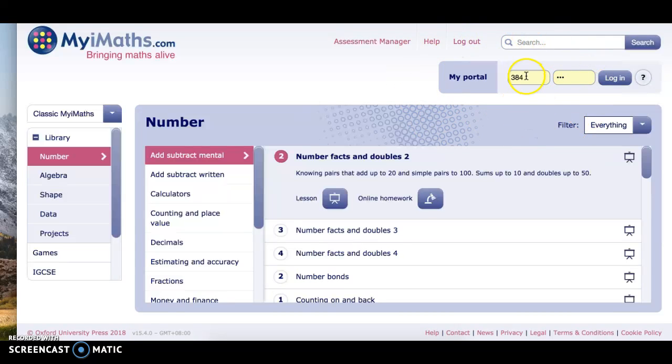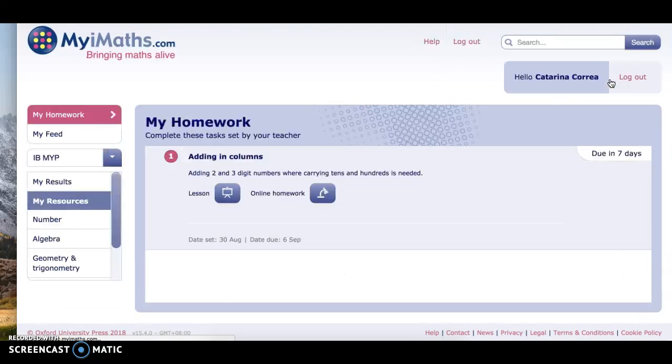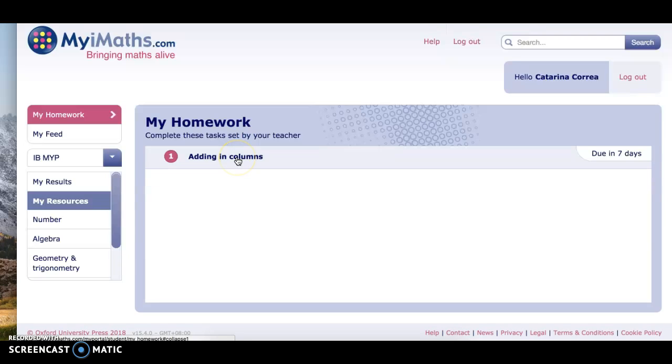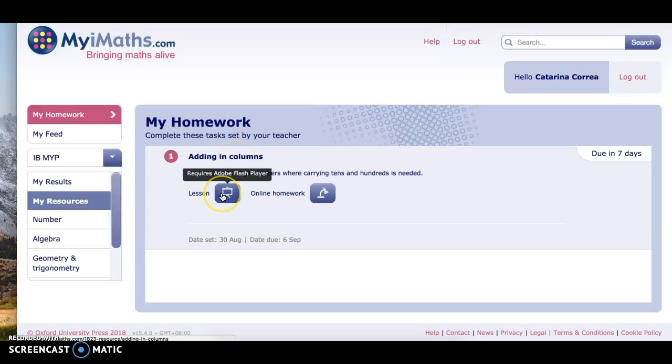And in my portal, you'll be able to enter in that 3-digit code that I've given you, which for this student, it's 384. I've already saved the password, so it's great. I can log in, and you'll see I've logged in for Katerina. And then you should just be able to click on the assignment and focus on the homework that I've given you. Okay, so it's adding in columns, adding 2 and 3 digit, and you'll be able to complete this